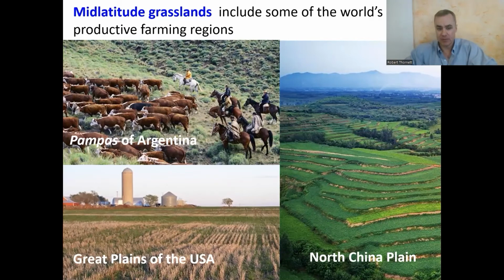And we have Great Plains on the bottom left there. We have in Argentina and also parts of Brazil, Uruguay and Paraguay what's called the Pampas, Las Pampas, which is one of the world's major beef-producing regions, and now also other things like corn and soybeans. And then you have the North China Plain around Beijing. These are mid-latitude grasslands that are super productive and they sustain major civilizations.